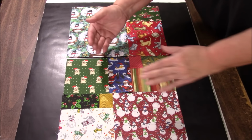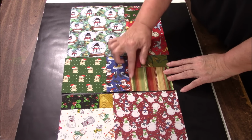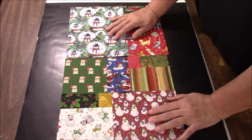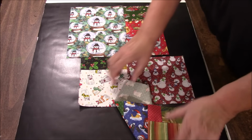These guys are a little bit shorter, just a little bit, and that's because I had more seams. I kind of don't have perfect 1/4 inch seams, so it shrunk a little bit more. I'm going to go with this because this is what I initially planned. I'm looking at my designs here to make sure that I got them all the way I wanted, and I think I did. But again, you could swap them